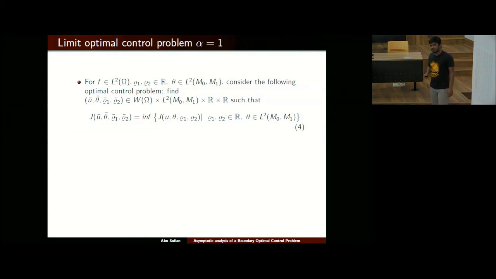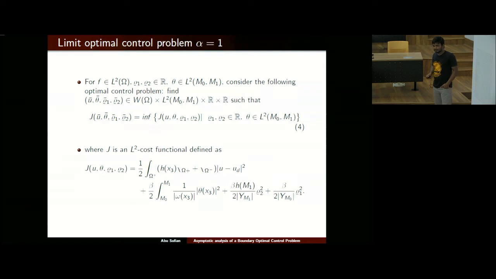So our control set: rho1, rho2 belong to R and theta belongs to L2(M0, M1). These are the three controls. And the optimal control problem is: find u bar, theta bar, rho1 bar, rho2 bar belonging to this solution space and L2(M0, M1) and R cross R such that these things hold. That is, J of u bar, theta bar, rho1 bar, rho2 bar is equal to the infimum of this quantity, where J is given by this cost functional,